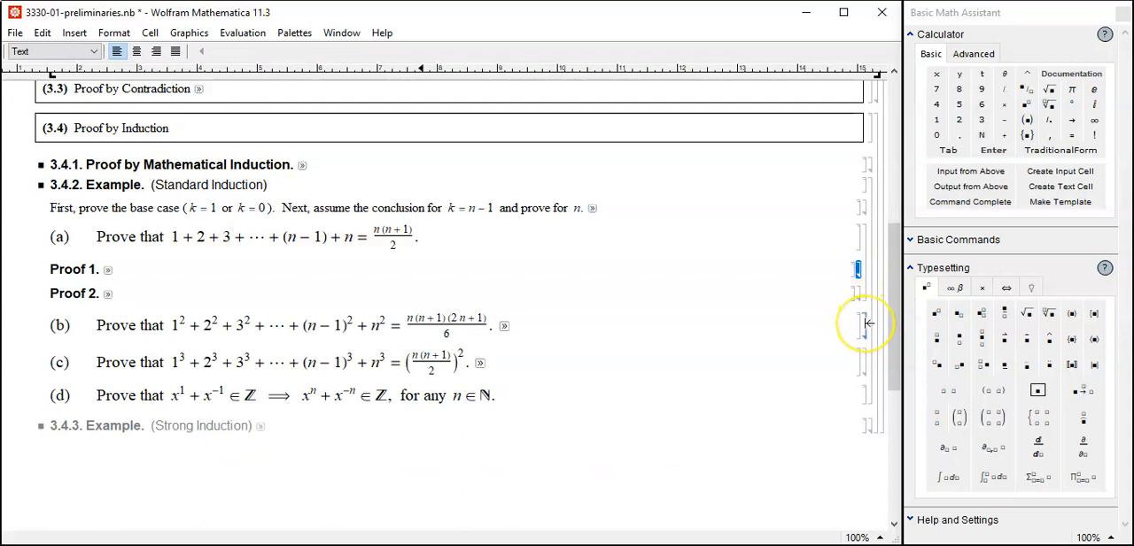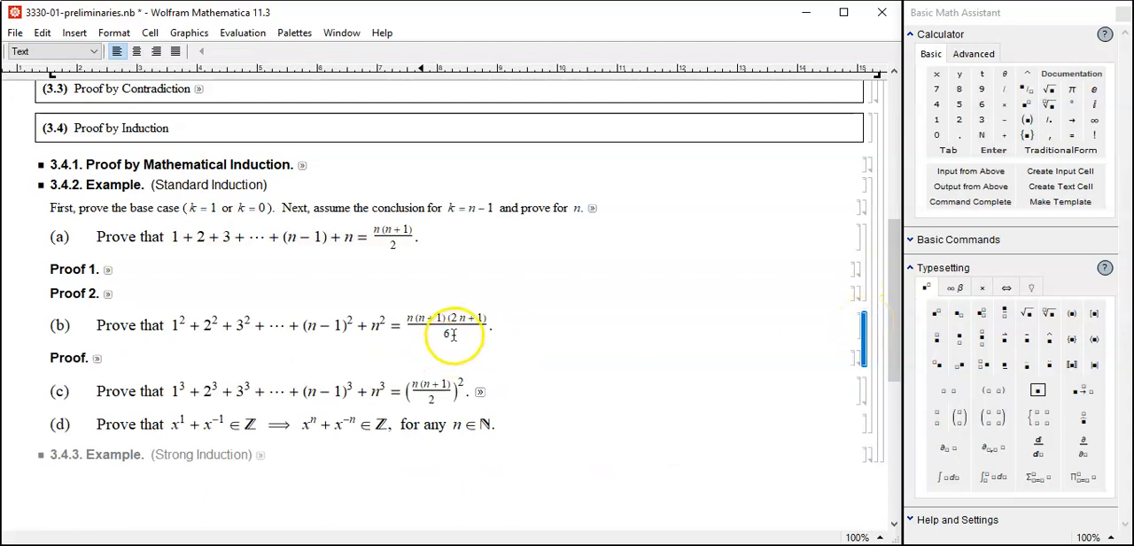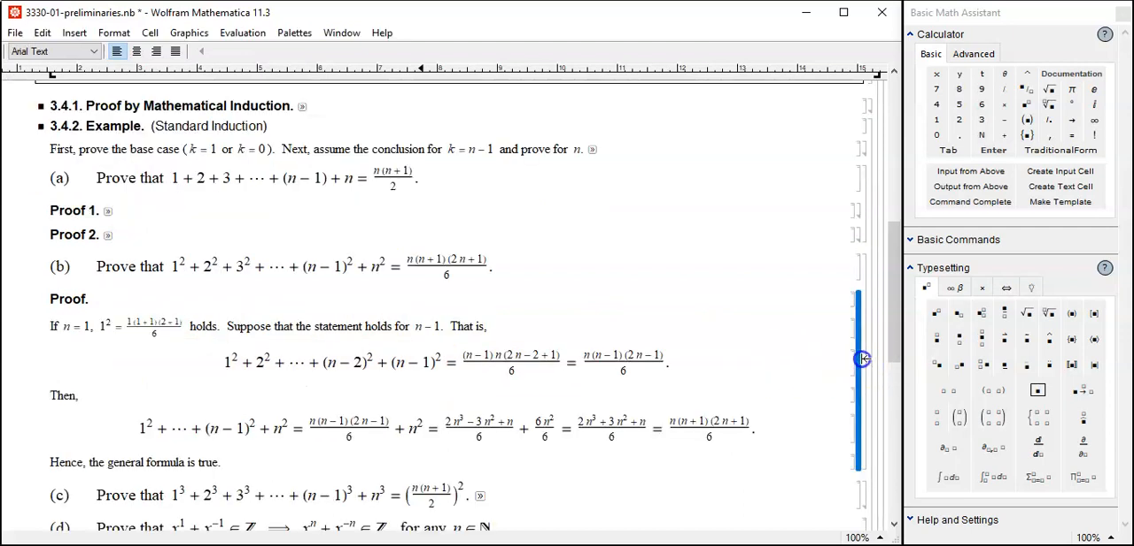How about the second example here? All right, let's talk about the second example. 1 squared plus 2 squared plus 3 squared all the way up to n squared is equal to n plus 1 times 2n plus 1 over 6. Okay, let's prove that. Base case, when n equals 1,